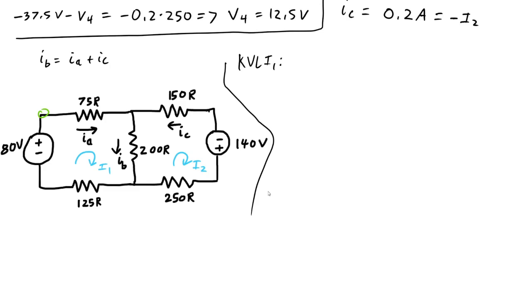So I'm going to start with I1 times 75 plus I1 minus I2, because there, once again, this current is conflicting with this mesh current, times 200 plus I1 times 125, and then minus 80 volts,